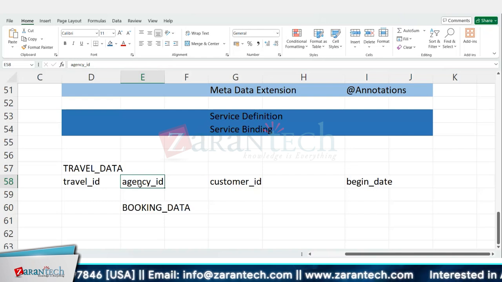By using joins only, the relevant details you can fetch. Once you fetch the data, whether you are displaying it on the screen or not, how many fields you are displaying, that is the next subject. But first of all, you should get the data from the travel table and the agency table together